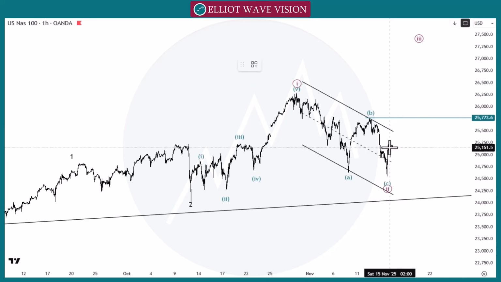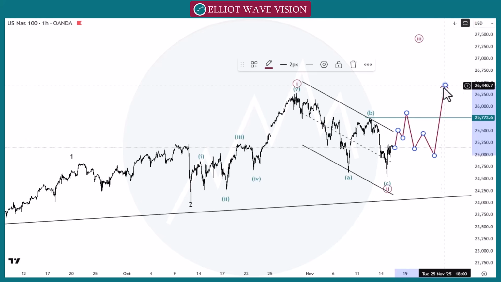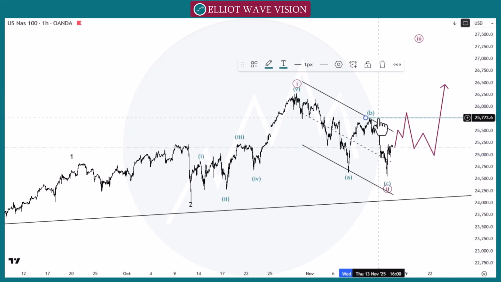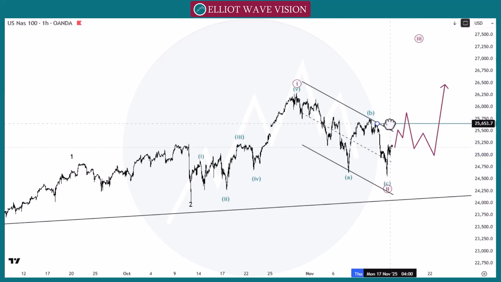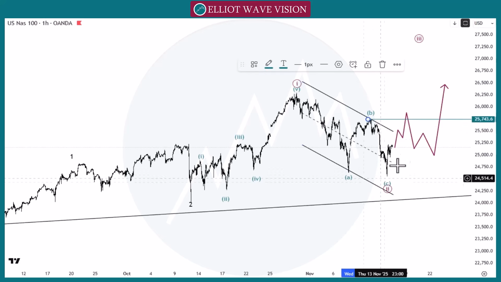We need to wait for, the simple thing is that we need to wait for wave 1, 2, wave 3, 4, 5, A, B and C. Then we will shift our entry point from this point to this point, or we can go directly with this wave B with this stop loss at this point,